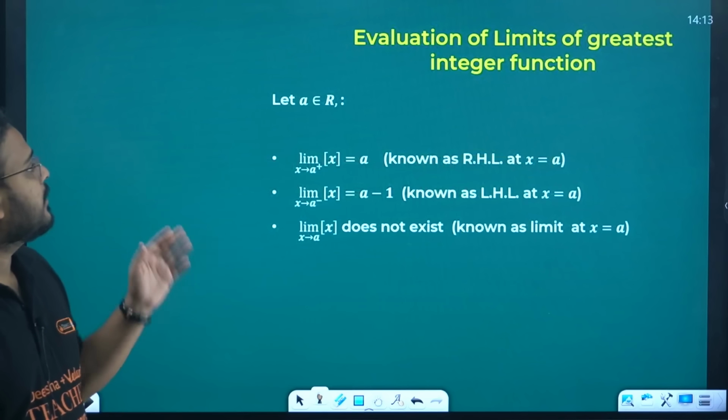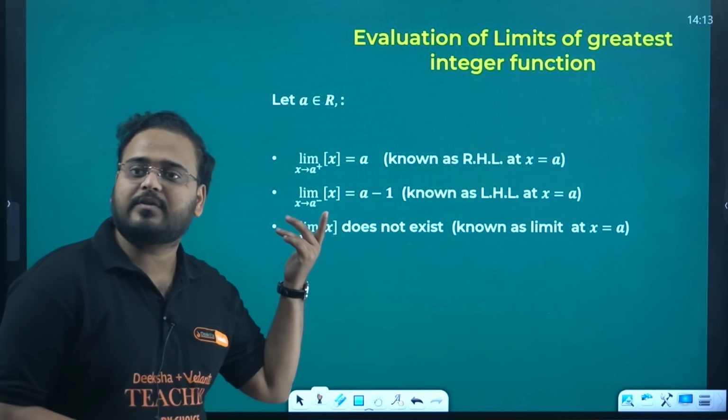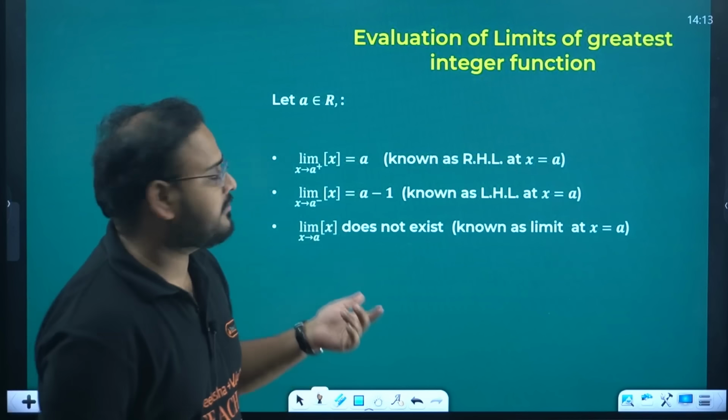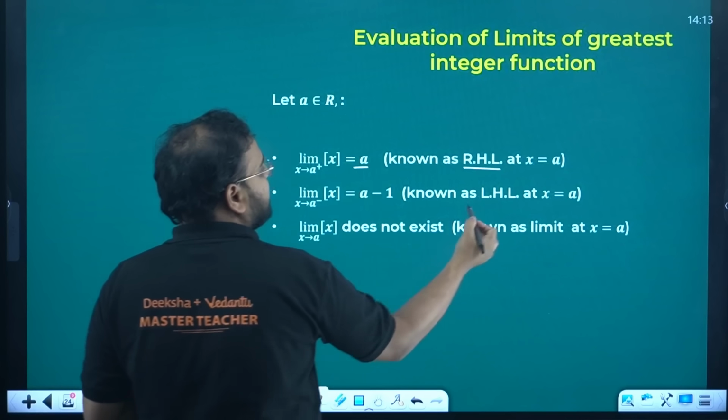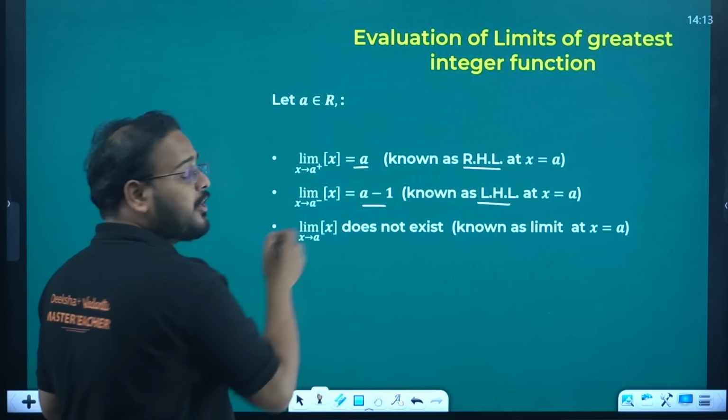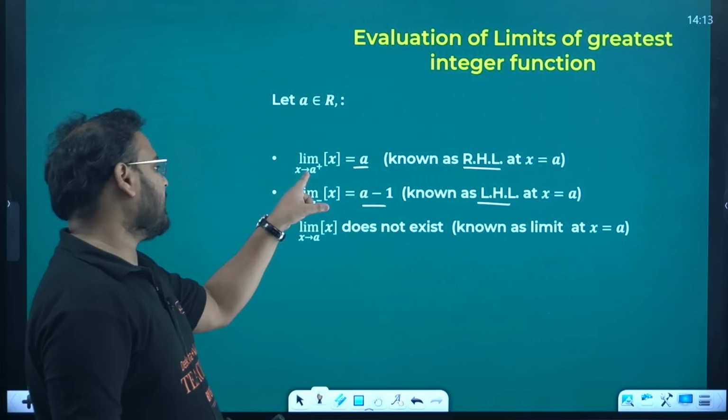Yes, good. So again, this is for a special case of GIF, the greatest integer function. How can we say that for any GIF of x, the limit at an integral value does not exist? Because this is the RHL value for the greatest integer function. This is always A, whereas the LHL value is what? A minus 1. And are they equal, sir? They are not equal. So from the right it is A, from the left it is A minus 1. So they are not equal in nature, hence the limit does not exist. So this is the example for understanding when and why the limit of the greatest integer function at integral values